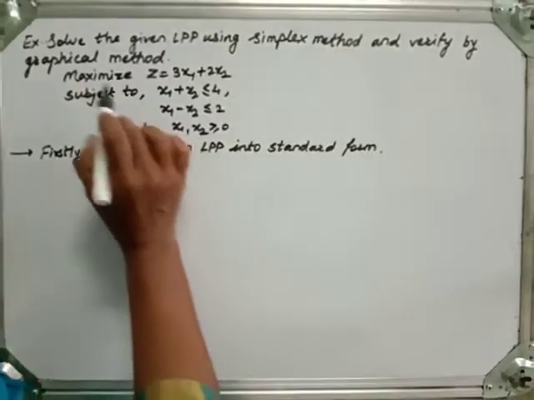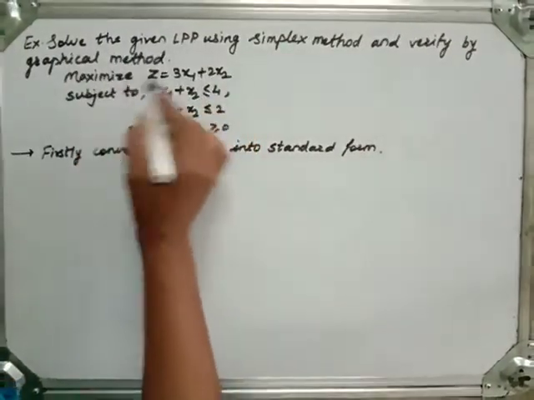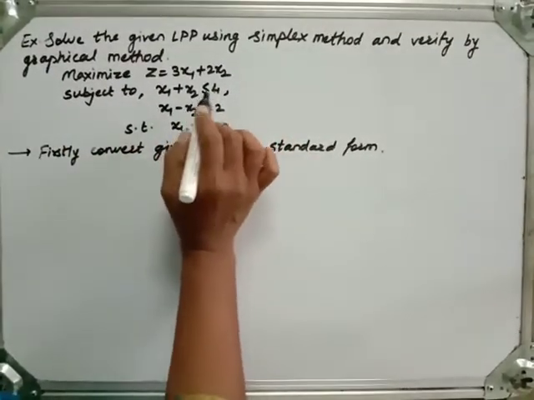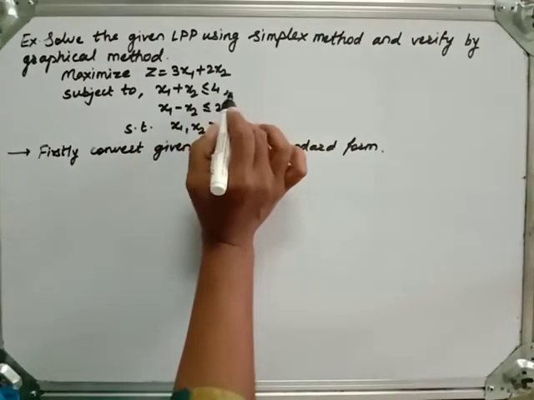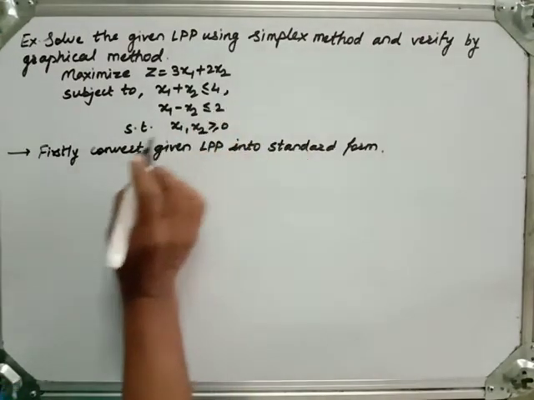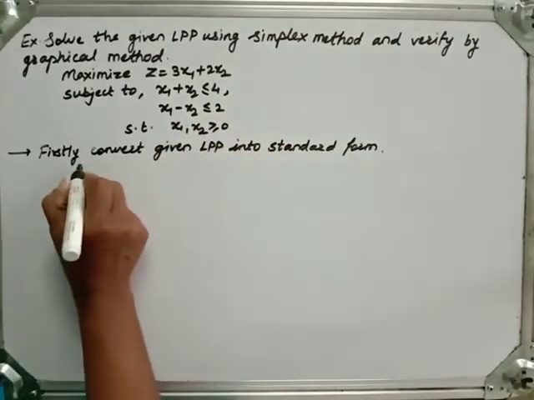Now in standard form, the objective function is acceptable of both kinds, maximization as well as minimization. Now the question comes for the constraints. Here we need equations. So less equal type constraints are here, so we have to add an additive variable, which is known as a slack variable. Here we need two slack variables as we have two constraints.